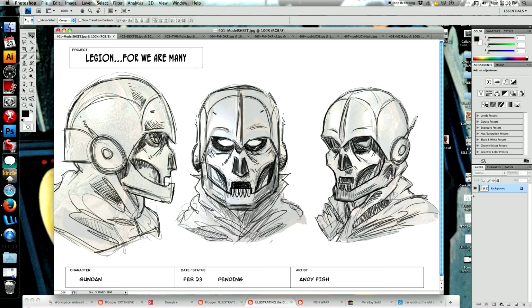Model sheets. We talked about model sheets last week, and I had you all work on your own model sheets. I think most of you were very successful. A couple of you struggled a little bit, but I think eventually you pretty much came around. I think everybody gets the importance of the model sheet. But I got an email from one of you, and the question was,